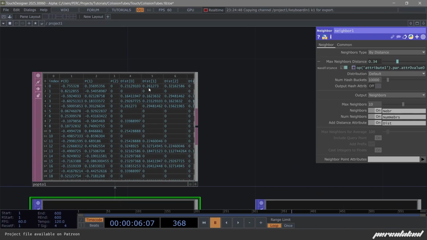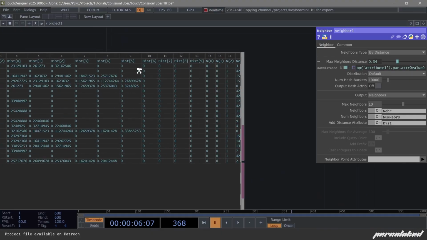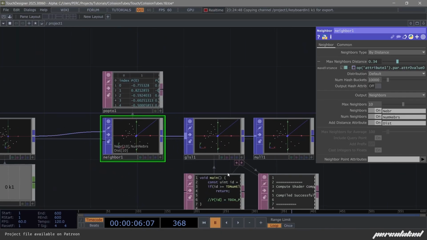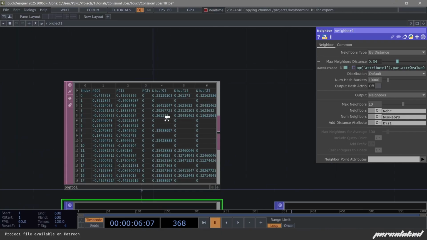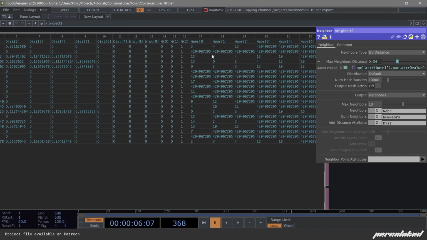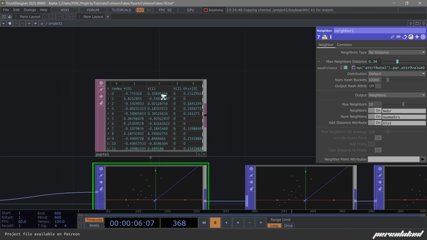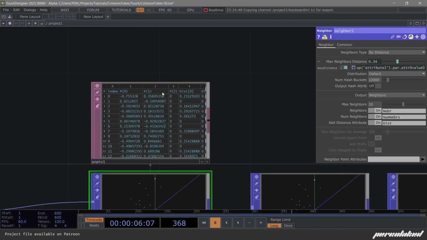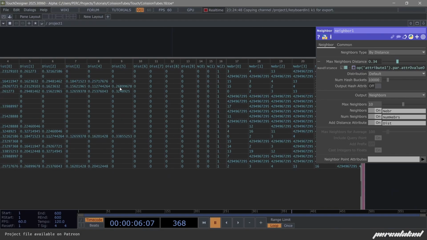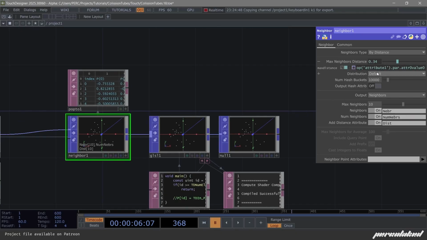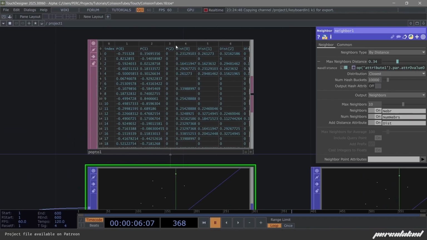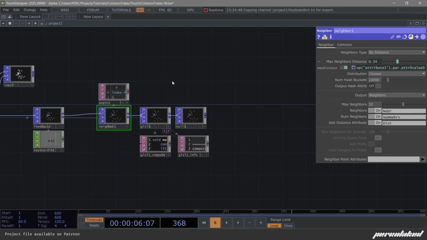So I don't know if in the future that will be added, but that's why I think we have to use GLSL for this still. But it's still way, I think, easier and cooler than what it was before. So also, this distribution should be the closest, so this is sorted by closest. Okay,